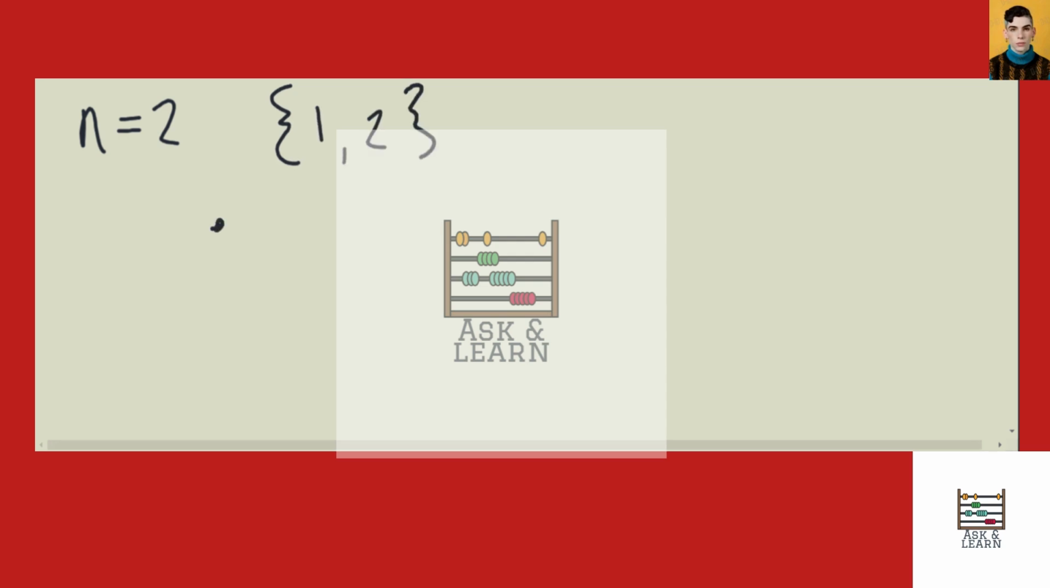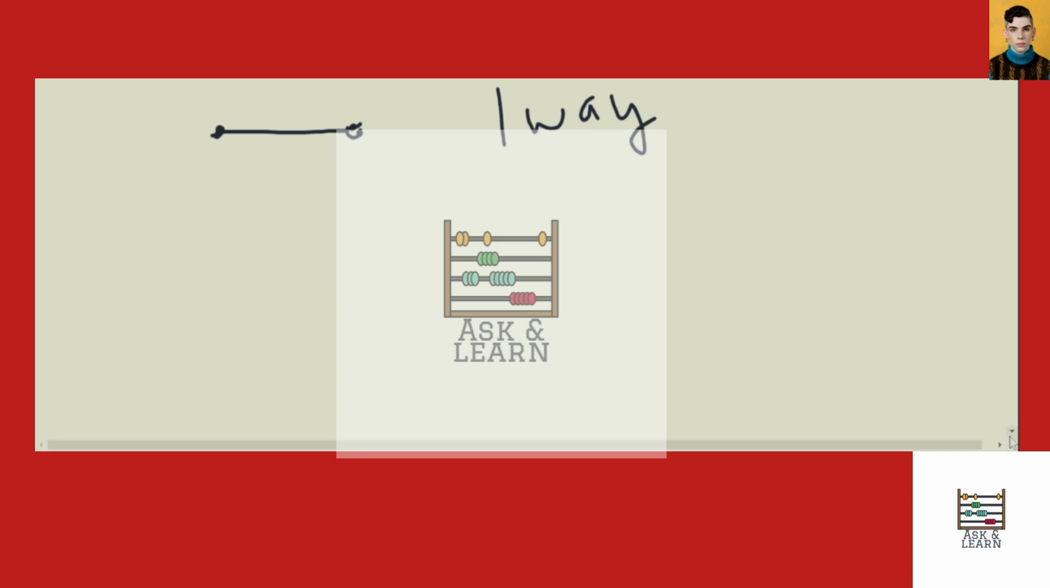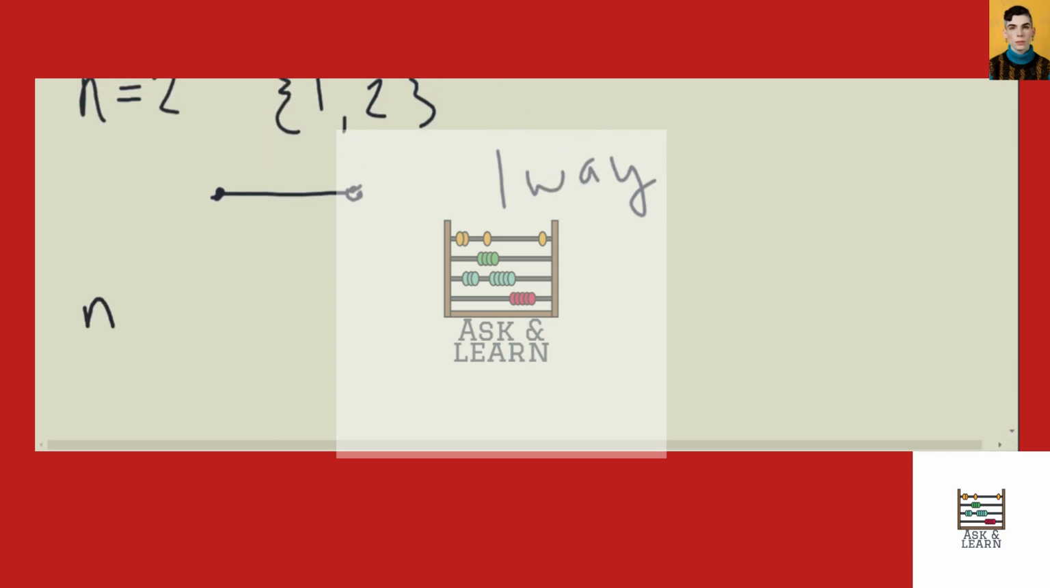So let's go ahead and take a look at a couple of scenarios. Let's say n equals 2. So we have a possibility of having 1 and 2. Well, we would have one vertex and two vertices. So we would have one way. And if we look at n equals 3,